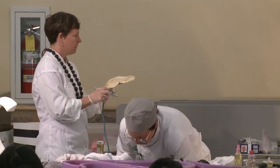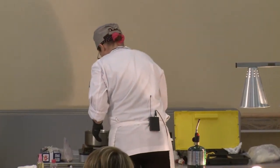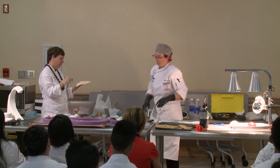All right. So we're going to stick everything together with the isomalt that we are cooking now. And then we'll put some more goodies on the outside of our showpiece as well. And hopefully,